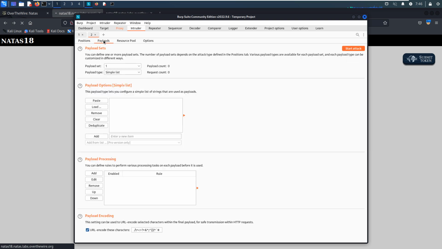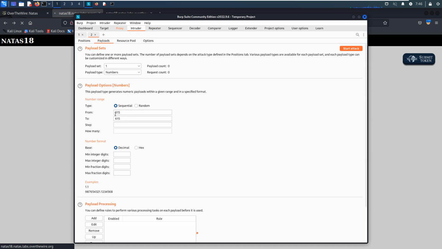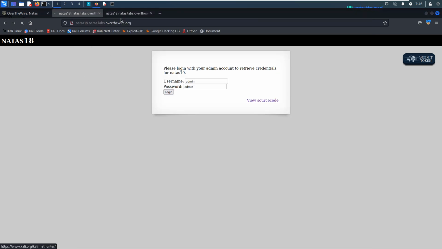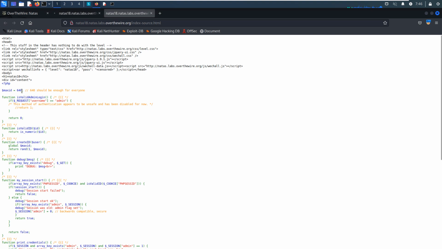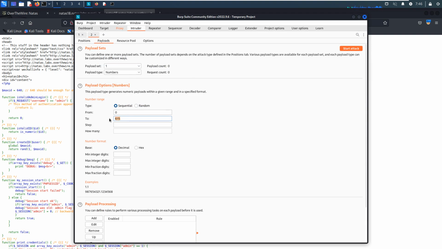Now we need to set the payloads. The payload should be numbers, starting from 0 to 640, and the step is 1, and then we can start the attack.